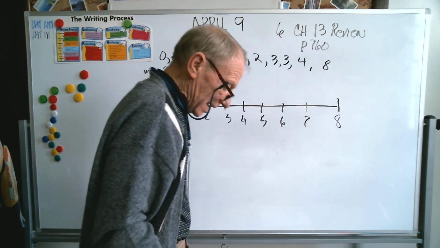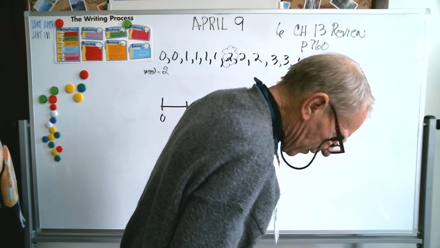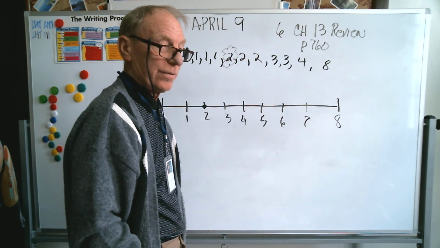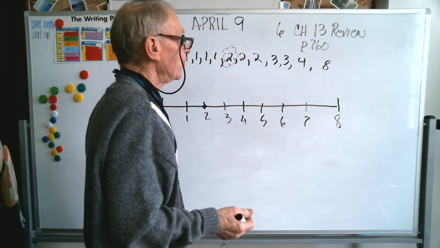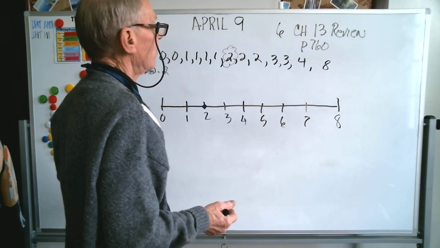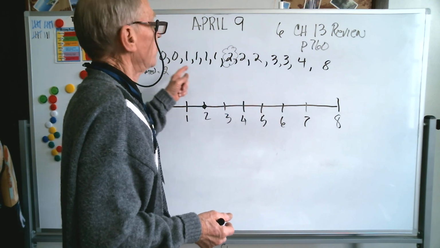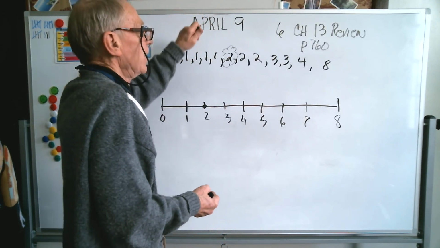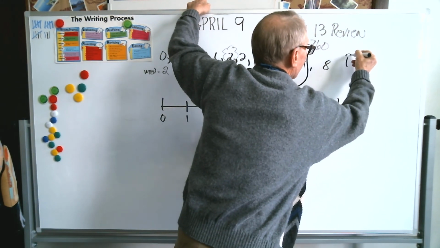Now, what else is it asking us to do? Find the interquartile range and range. Okay, it's asking us to find 2 things, the range and the interquartile range. So in order to find a range, you subtract the smallest number from the largest number. 0 from 8 is 8. So our range